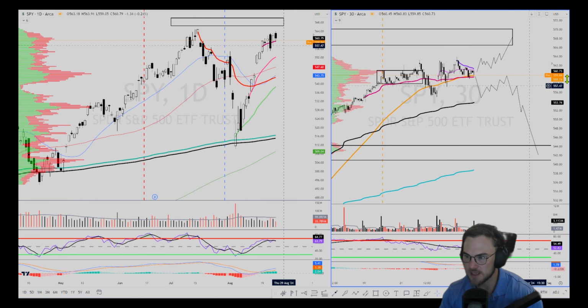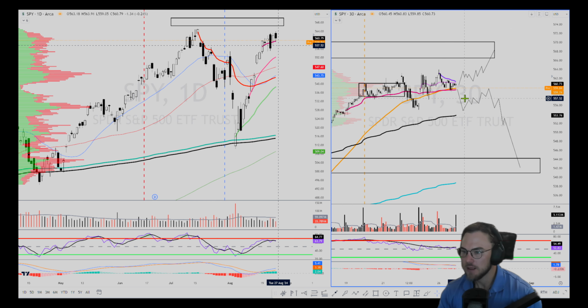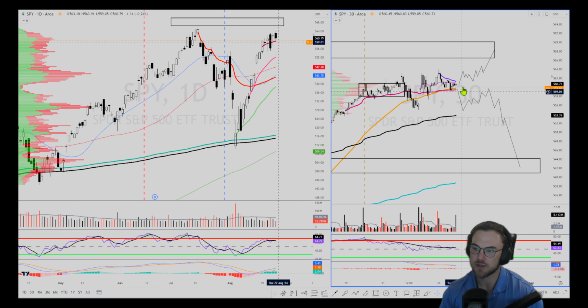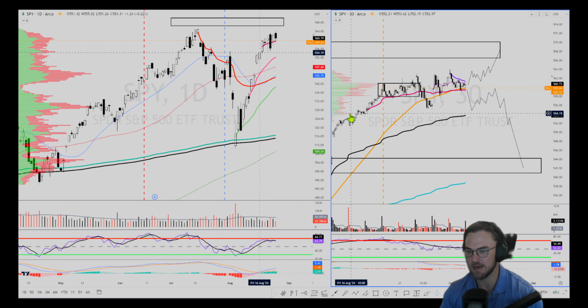Let's talk about yesterday's price action and dive into some potential scenarios for today. So we could see SPY's been holding last week's VWAP. We got a little close below it last week, gapped up above it, and has been holding as support. So if we start to trade underneath this week-to-date VWAP at this 559, maybe we see a little shakeout down into this 553 area.